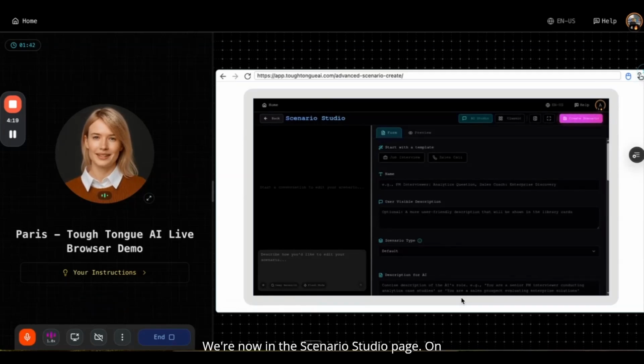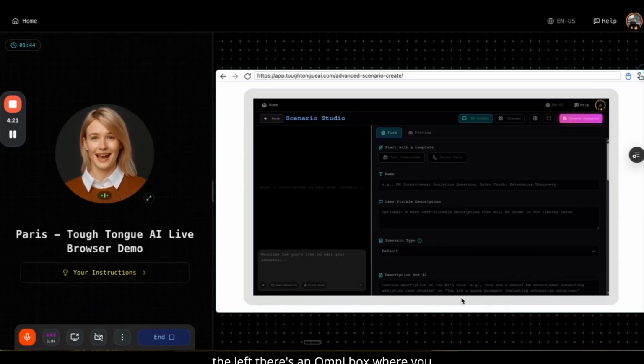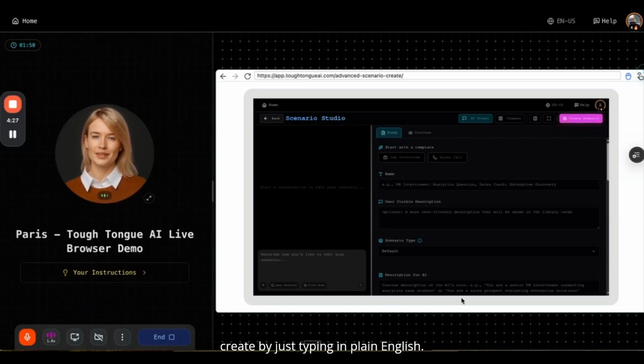We're now in the Scenario Studio page. On the left, there's an Omni box where you can describe what you'd like to edit or create by just typing in plain English. On the right side, you have fields like name, user visible description, scenario type, and description